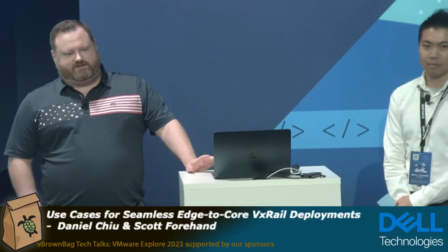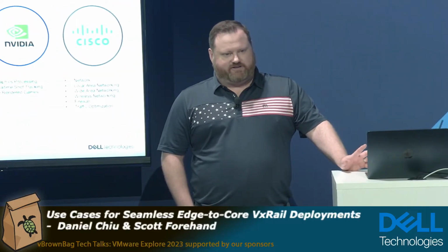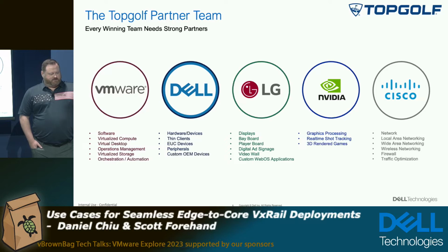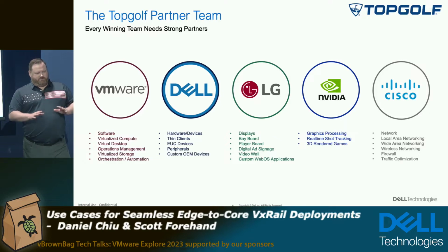Topgolf specifically has huge partnerships with Dell, VMware, NVIDIA, LG, and Cisco that kind of enable the technology stack at the venue, right? So the Dell partnership's been invaluable. VMware partnership's been invaluable. We've been able to bring those companies to the table to kind of develop a solution that works for us, because nobody else on the planet is currently doing this. And I know that because it's been a headache for me for like 3 years. But